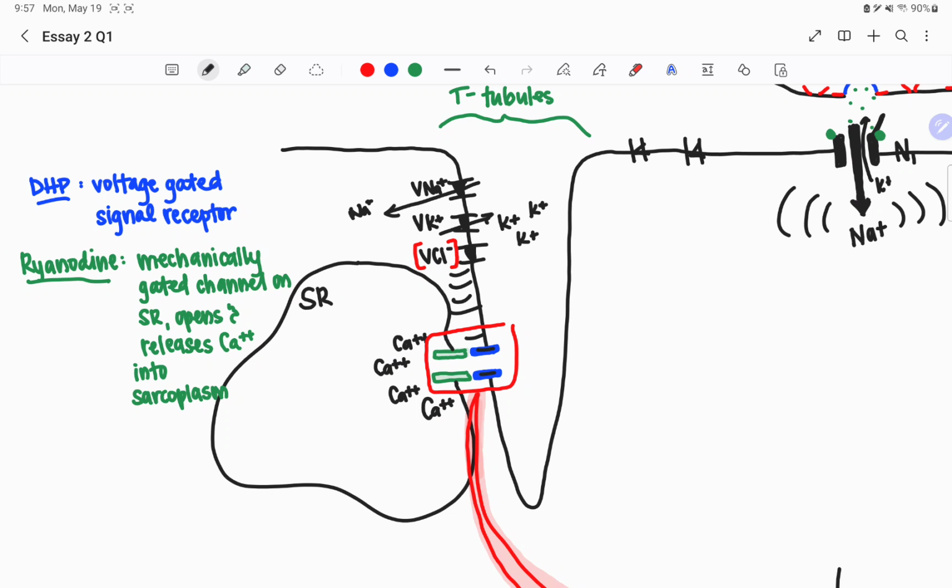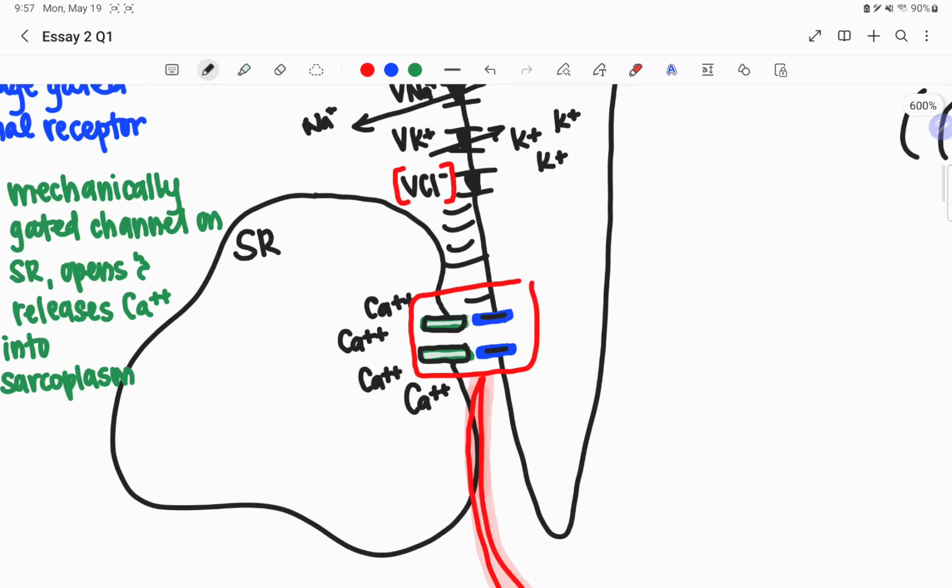It's not actually doing anything other than sensing the action potential. Okay, but it is linked to ryanodine, or RYR, and that is this green gate that I've got drawn right here. Okay, so when DHP senses the signal and opens,